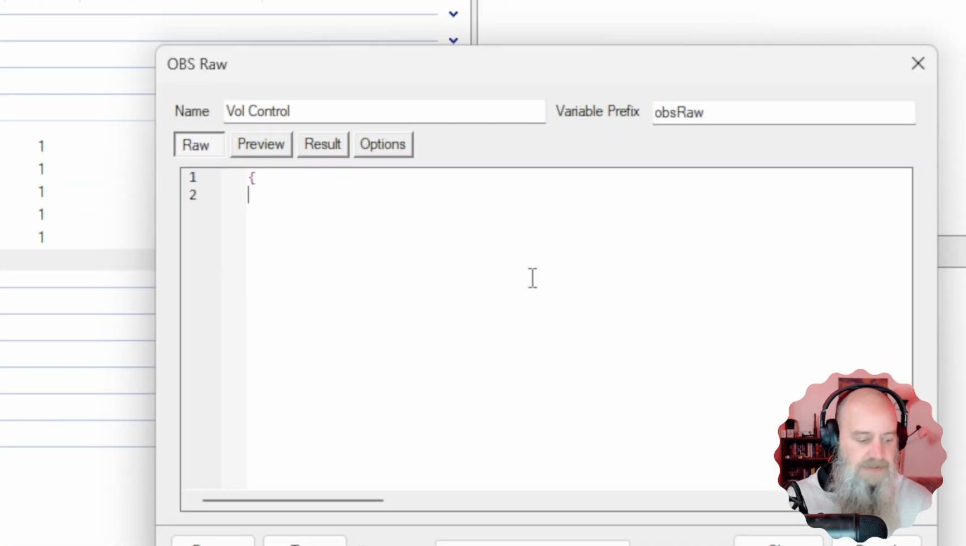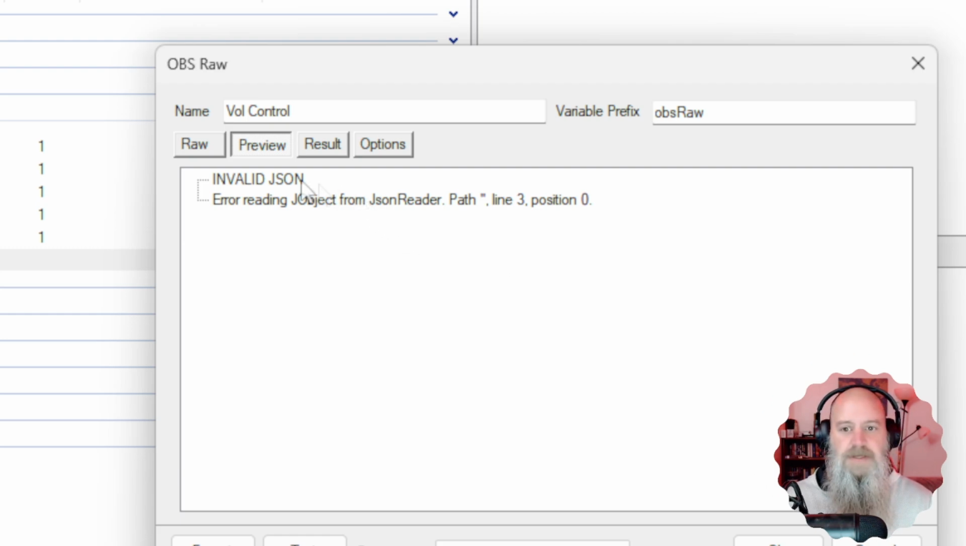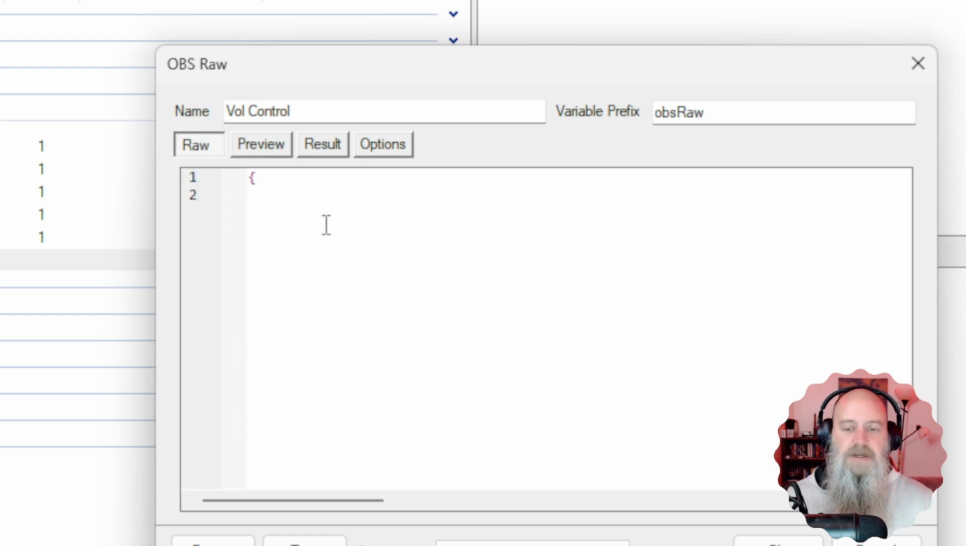There we go. And I'll stop following the mouse. Okay, so now we're on line 2, and we're going to tell this what we're doing. We're basically making a request type, and then we're going to tell it what type of request we're going to make. So the first thing we have to do is we're going to open everything with a quotation mark, and